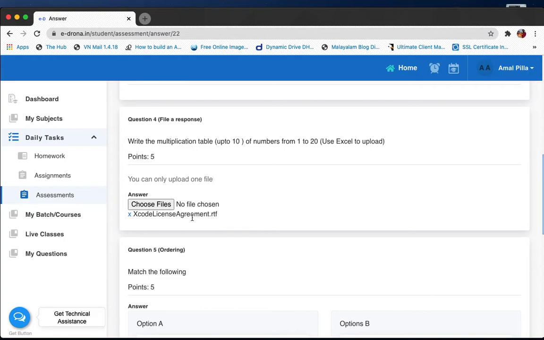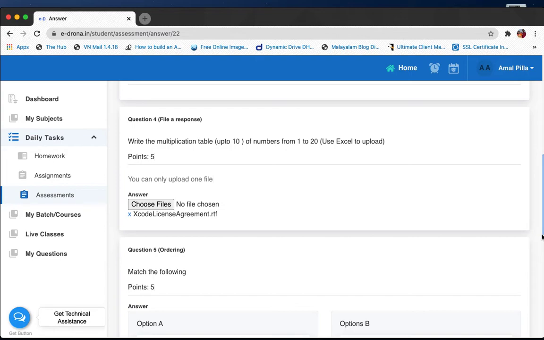And as you can see, I have uploaded a relevant answer key. For that, the student will have to open an Excel sheet or whatever the teacher is suggesting. The teacher will suggest the type of document to be uploaded in the question itself. So it could be an Excel document or a Word document, and accordingly the student will have to type the answers into that respective document and then upload it from here.